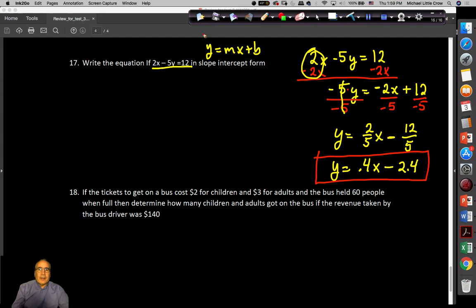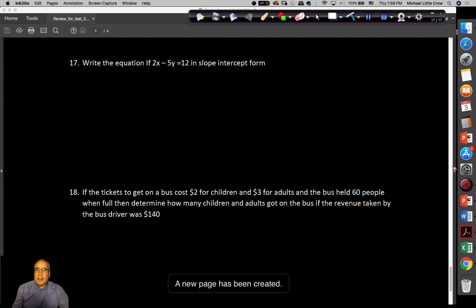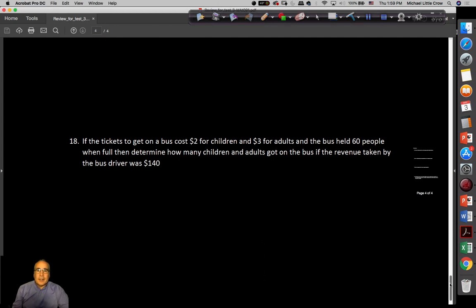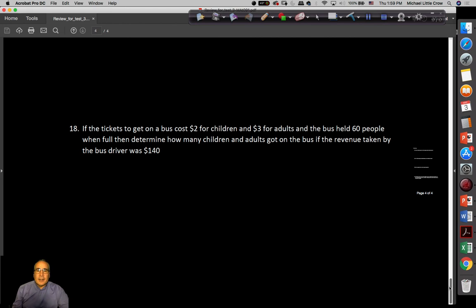Okay, let's go ahead and make a copy of that, and see if I can get a little bit more room. I think I might need a little more room. Okay, so